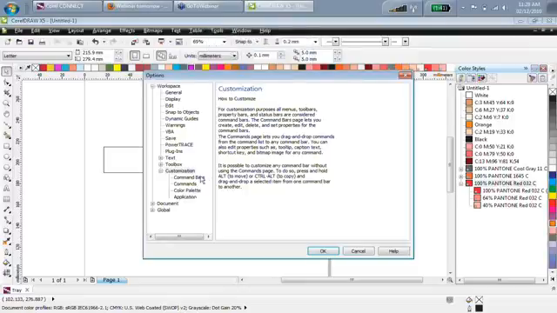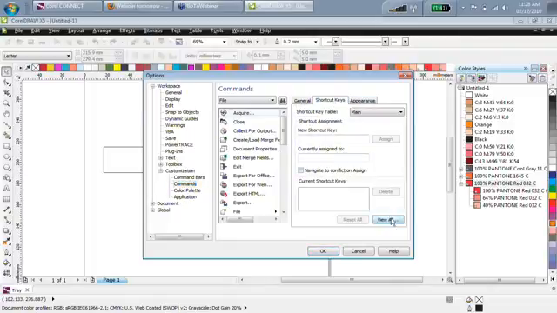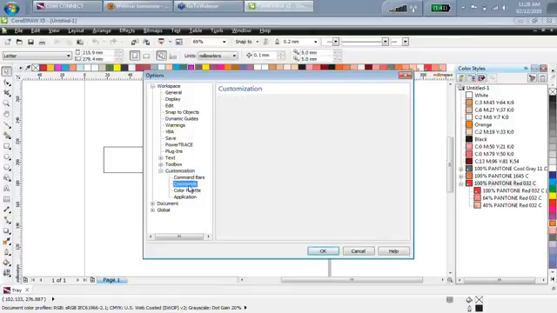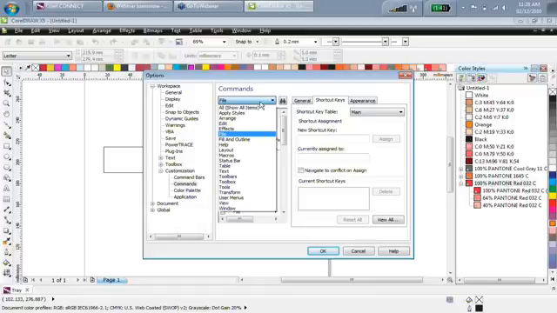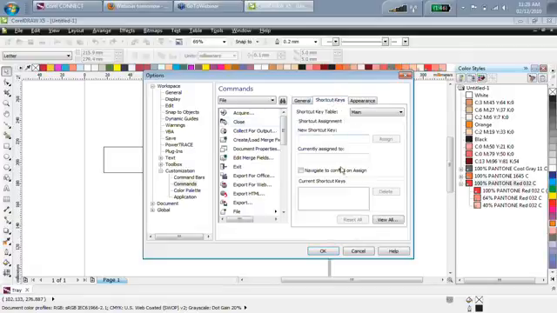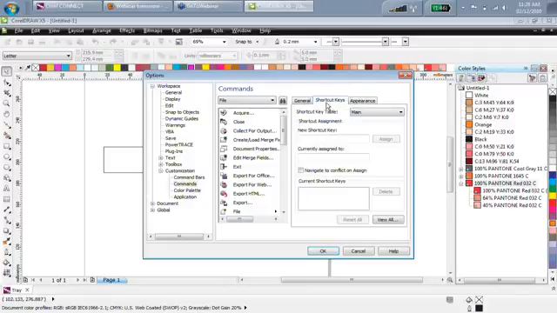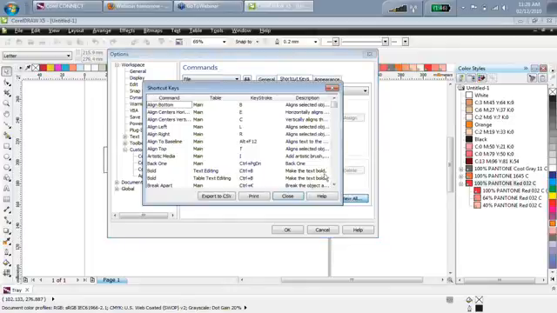If you go into customization and go to commands, you can go to this button here. Okay, I'll do that again because I think I went through that a little fast. So customization, commands, and this brings up the file menu as well as the toolbox. You'll notice the toolbox is in here, toolbars is in here. Any of the toolbars that you would customize, for example if I made a new toolbar, would show up down here. But you go to the shortcut keys tab. Each one of these items has its name, a shortcut key, and an appearance. So if you want to change an icon for a specific thing or recolor an icon, you can do it in here. But if we click on the shortcut key tab and go view all,